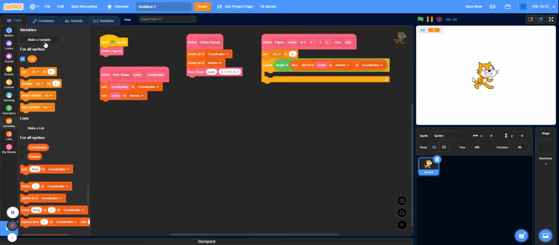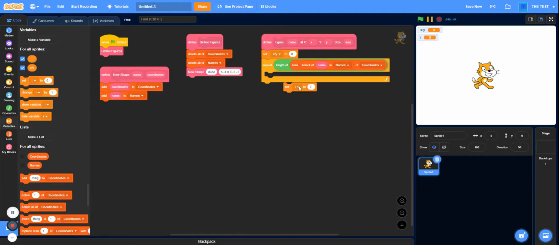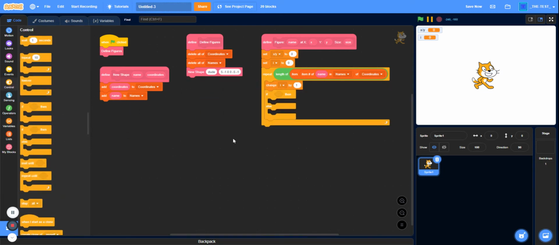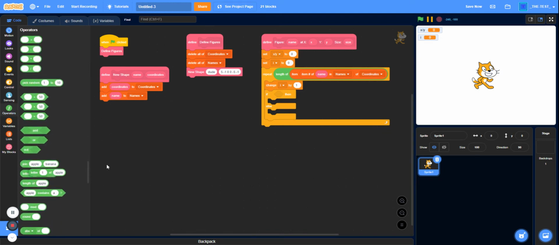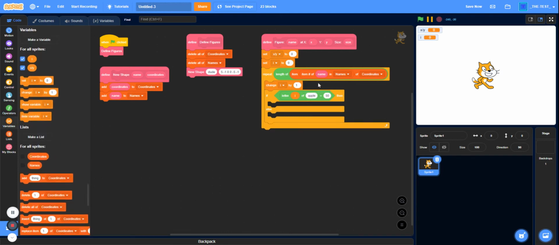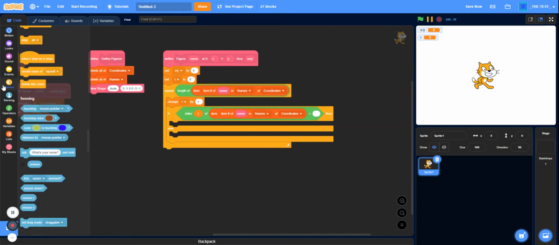We also want to create a variable called I and set I to 0, and then you're going to change I by 1, and you're going to say if letter I of item hash of name and names of coordinates is equal to space, which is where we separate the x and the y. Then we'll say